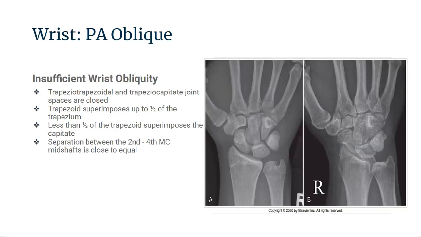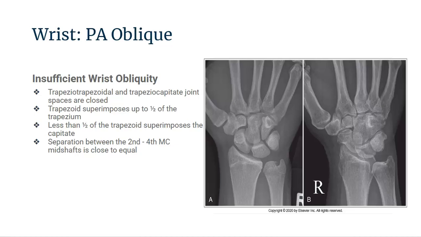So let's talk about positioning errors when it comes to obliquity. We're going to start with insufficient obliquity, when the wrist is obliqued less than that 45 degrees. If you recall, an adequately positioned PA oblique projection will represent the trapezoid and the trapezium demonstrated without superimposition. Also, the trapezio-trapezoidal joint space should be open, and the trapezio-capitate joint space should be demonstrated as closed. In insufficient obliquity, the